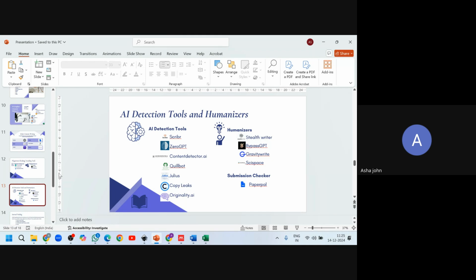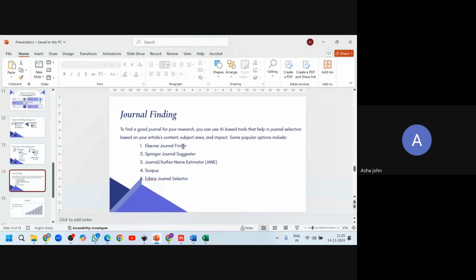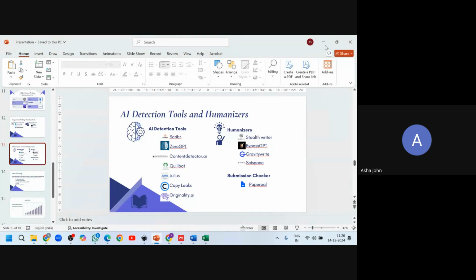After that, what is happening is your journal submission. For journal submission, you have journal finders like Elsevier Journal Finder, Springer Journal Finder. There are so many journal finders that you can use, more than this, which I've listed, like IEEE Journal Finder. Once your paper is ready, how will you find out if it is good to go and submit to the journal?